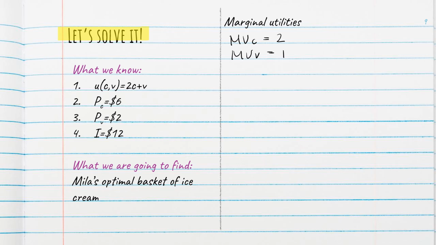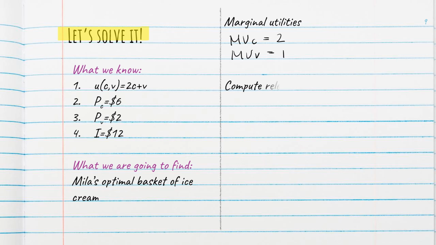These constant values for our marginal utilities are where the unique solving mechanism of this problem comes from, right? If we were to just set up the tangency condition, we would get 2 integers equal to 2 other integers, and they may or may not equal each other. And that's why we can't rely on the tangency condition, because it's not holding any information about C and V in it specifically. Instead, it's just telling us the constant marginal utilities and the constant prices. So we have to think about it from a different perspective.